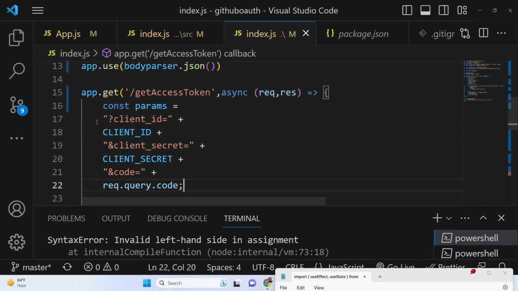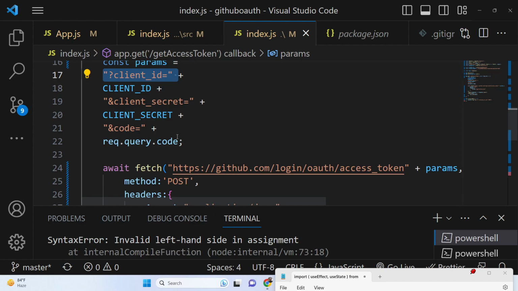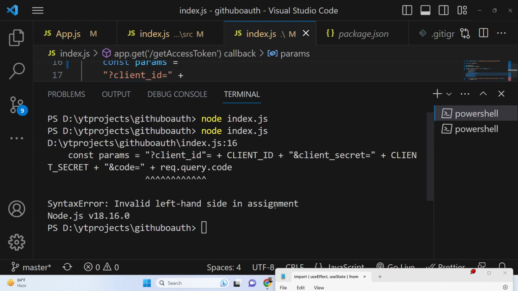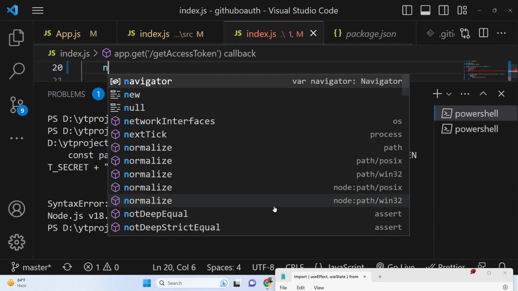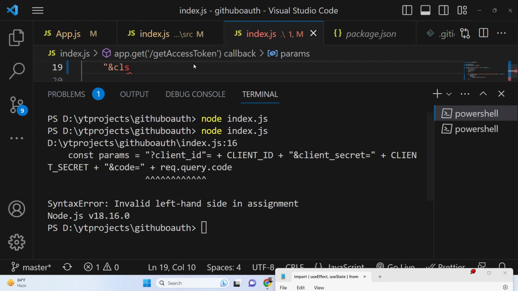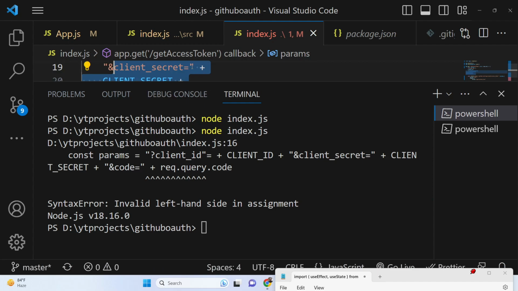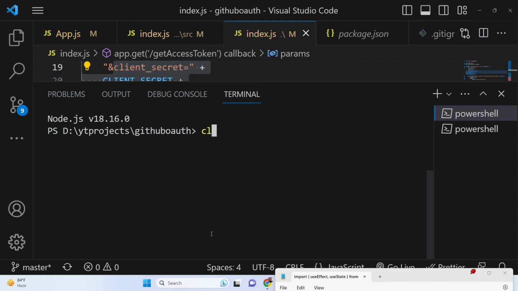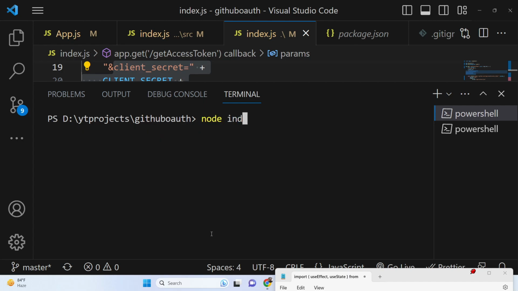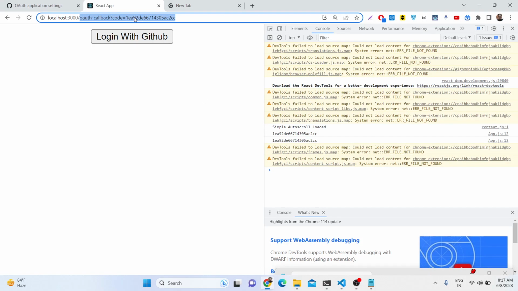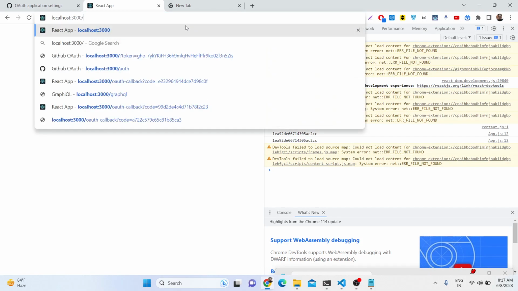So this is basically the thing, guys. You can correct the code right here. Now you can see app is listening on port 5000, and if I now refresh,